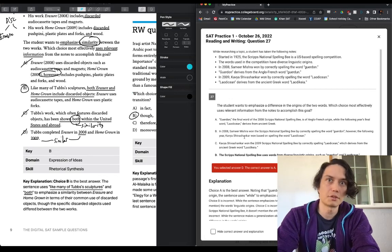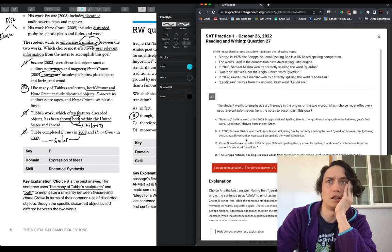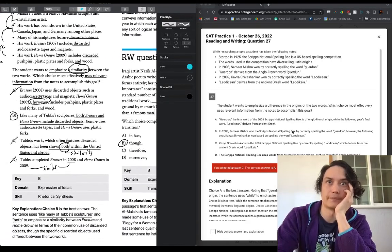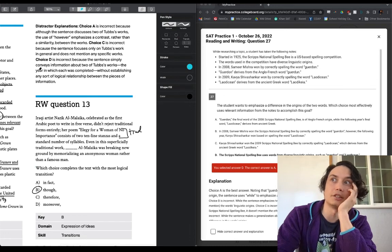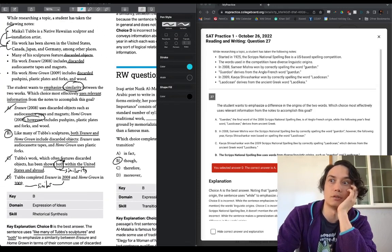This was very close. I could see them testing, you know, splitting hairs that finely. You need to get this word "while." Like here, the word "while" is present, and here there is no such connecting word, and that's what's wrong. And that's in fact what they're saying. In the explanation to answer choice D, they're recognizing that the year in which each was completed is arguably similar, that there arguably is a similarity. They're saying what's missing is a connecting word, like "while" or "both,"